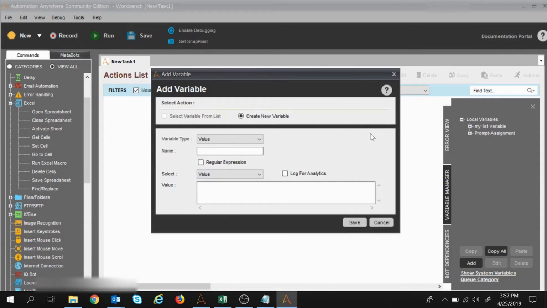and this is the window to add a variable. So what all these are there, we'll see variable type. We have value, list, array and random. We'll have a separate session for looking into all these variable types in detail. As of now, I'm taking the variable type as value. Now I will give the name of the variable. So I will give the name as